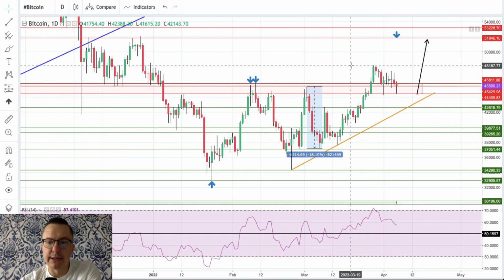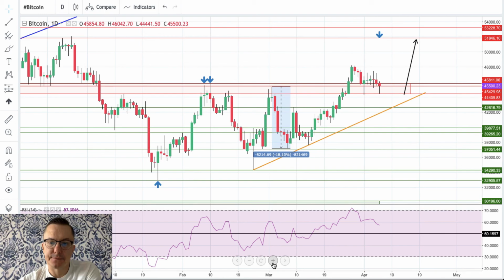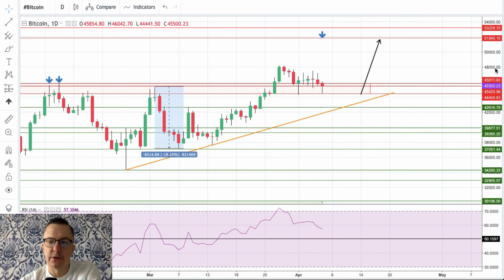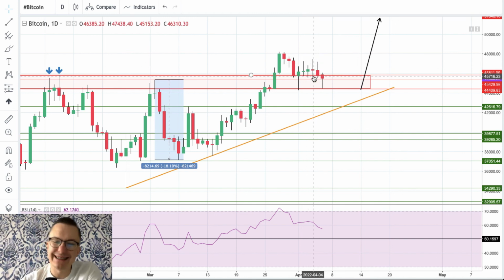So right now the market doesn't actually know what to do. It looks like we are bouncing from the support, then we try to rally, but then we are being pushed away from the highs, and we got these upper shadows on the daily candles, as you can see here. Then we have up and down shadows. So the market looks like it's undecided whether it should go up or down.